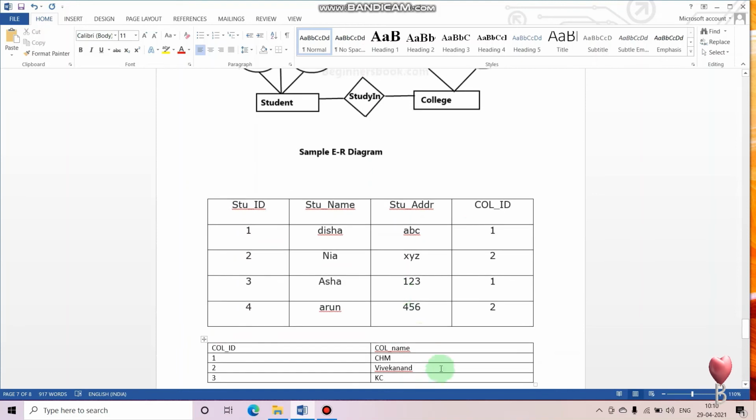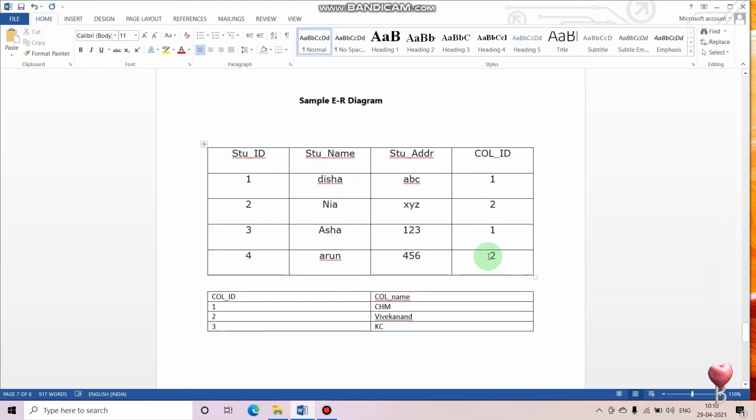So this is the foreign key. Foreign key can be repeated. It can also be null. For example, I have not specified here because I might not be having any information about the college of the student, or he might not have taken any admission yet, but we are having the record like this. It can be null, it can be repeated, and it is used to associate it with a different table. Next, I am explaining these in short to you: primary key, foreign key, and then unique key.